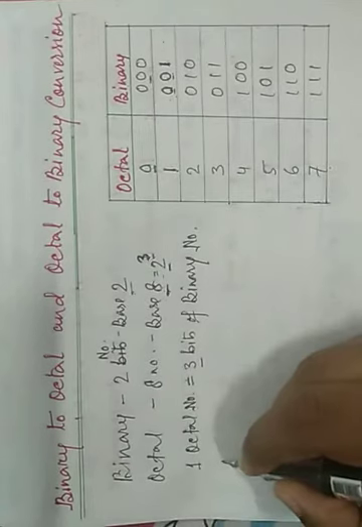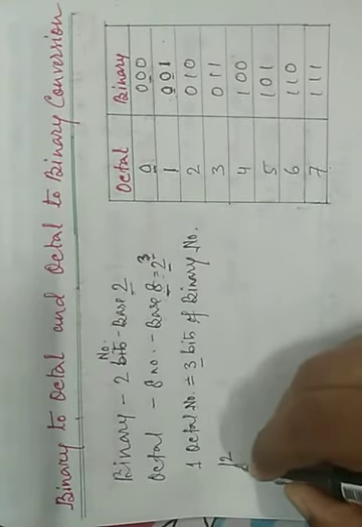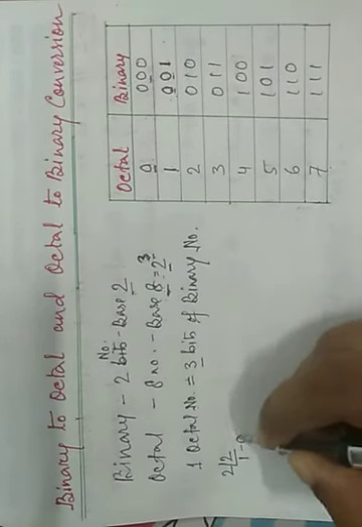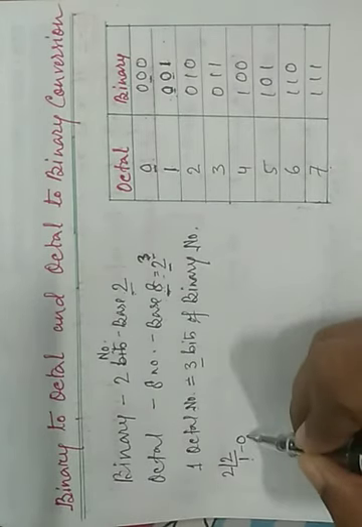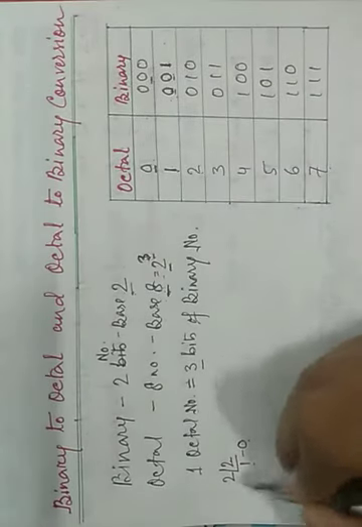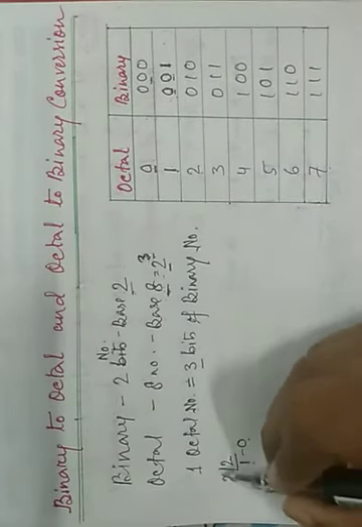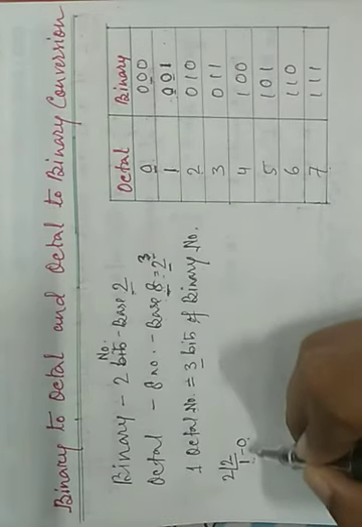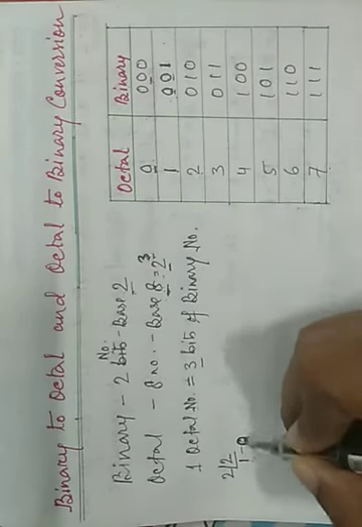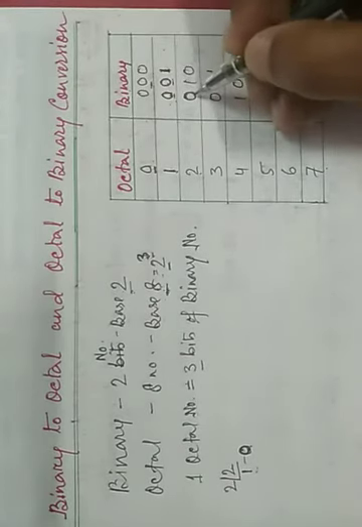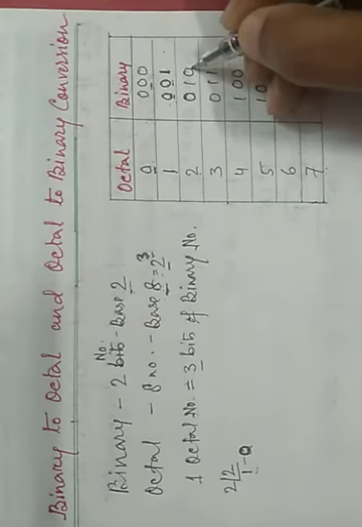If we convert 2 into the binary number system, 2 divided by 2 is 1 0. So its number is 1 0. For 2 in octal, if we convert it into binary number system like in the decimal way, we have to divide it by 2. So 2 in binary number is 1 0, but as we have to write in 3 bits, we have to write 0 1 0.